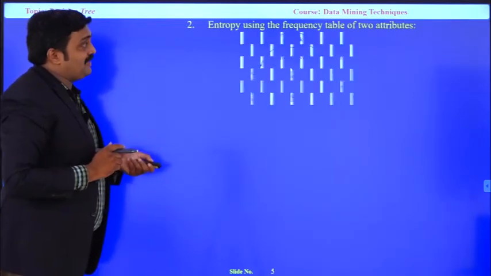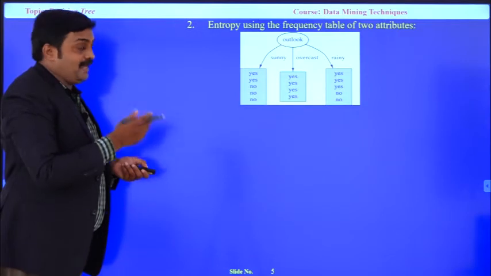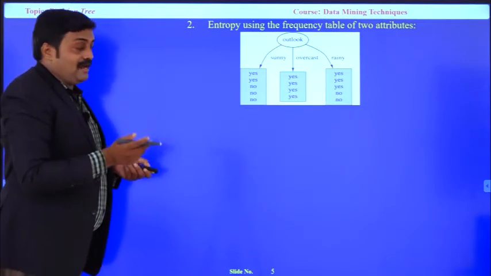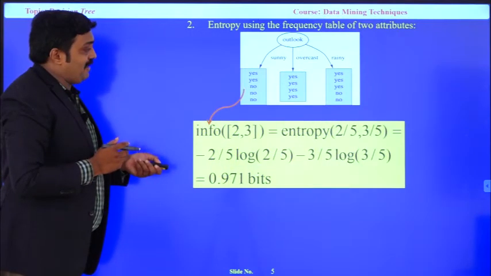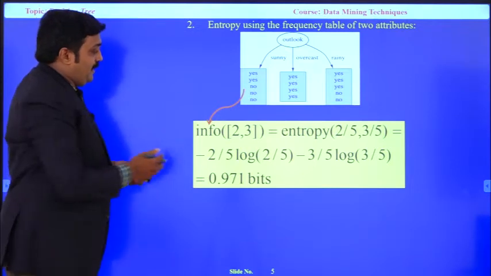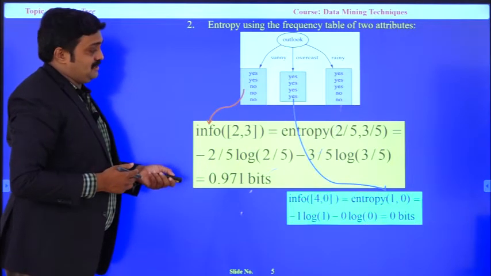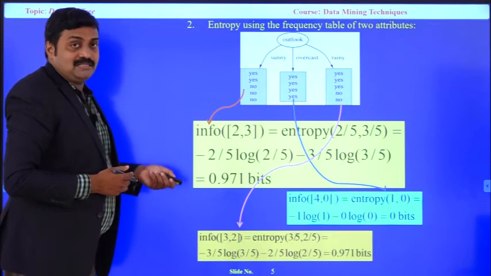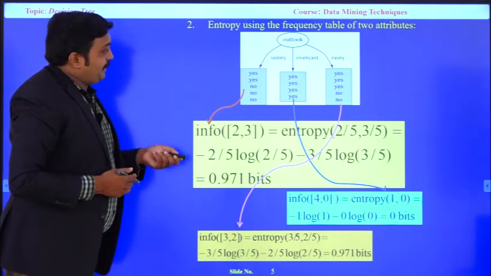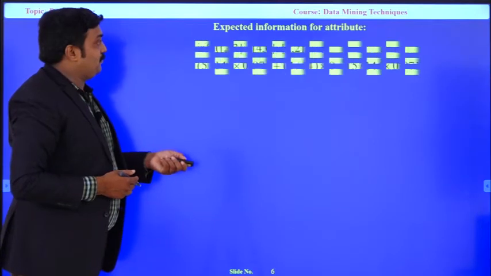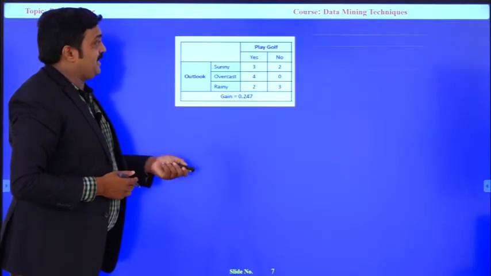Then I calculate with the attributes, outlook with the play, and outlook with the other attributes. Whenever calculating outlook with the play, I got the values, each and every value like this. Now I need to calculate play with the other attributes.